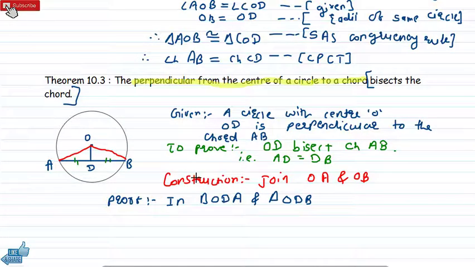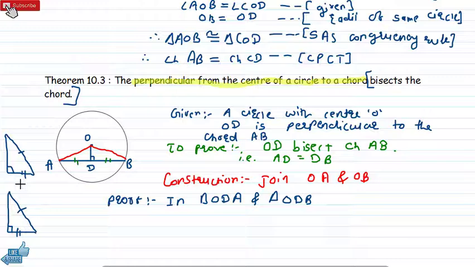So what is given? Perpendicular is given. Perpendicular means what? This is 90 degree angle. So which criteria we are going to use? We are going to use RHS criteria. What is meant by RHS criteria? Whenever there are two right angle triangles, suppose these are two right angle triangles, in these two right angle triangles, hypotenuse are equal and any one side of these two is equal, then we can say we are using RHS. By RHS criteria, these two triangles are congruent.